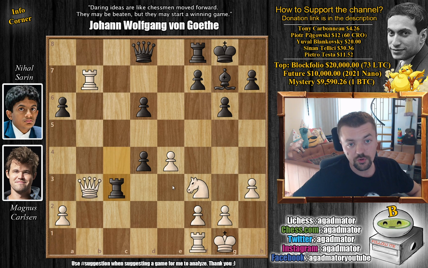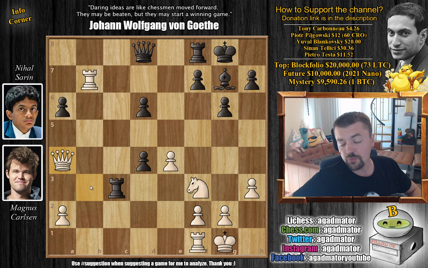This simply will not do. Maybe a little bit more resilient was queen back to d1, guarding the knight, but your position is already worse, and here, after queen to a4, Sarin simply made the absolute most out of it and won the game very nicely. So he's one of the two players that defeated Magnus in this challenge, alongside